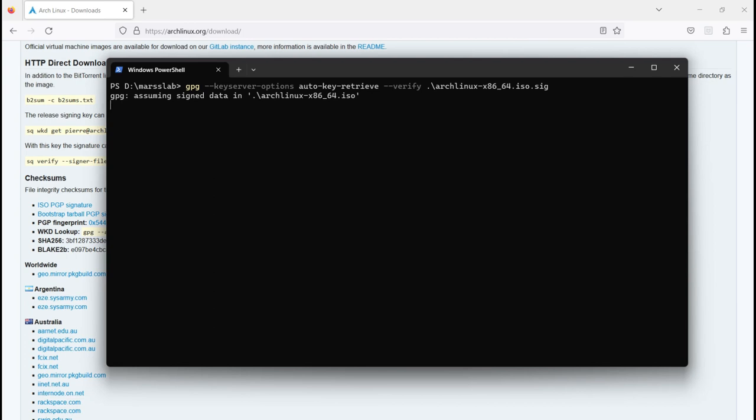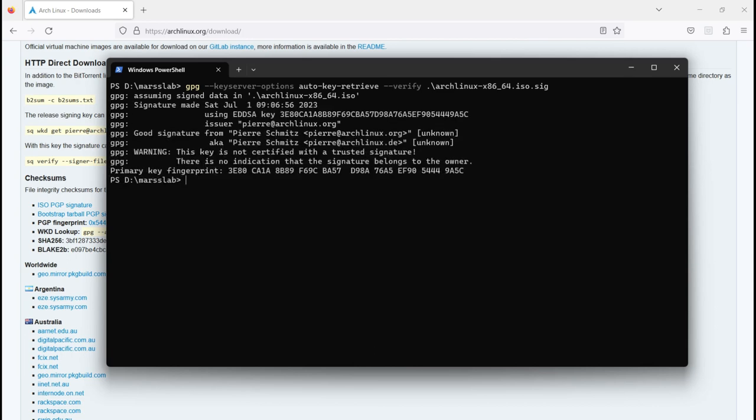Here it is doing some testing on the file, and then we can see that this image has a good signature. So this is all, and we can check here in the download page,